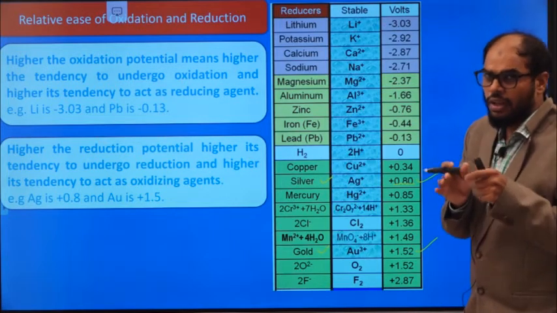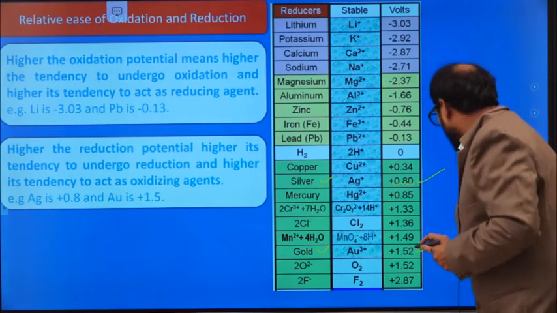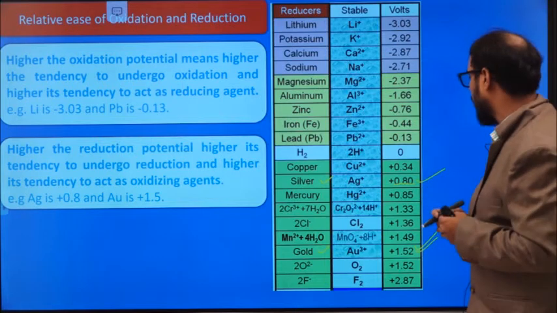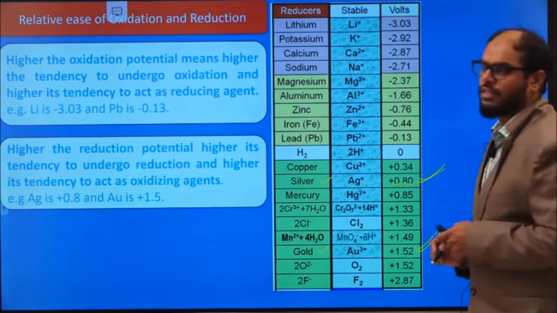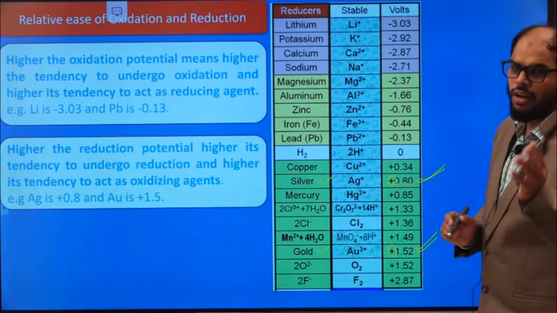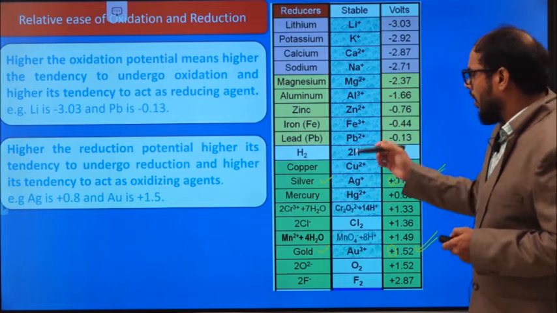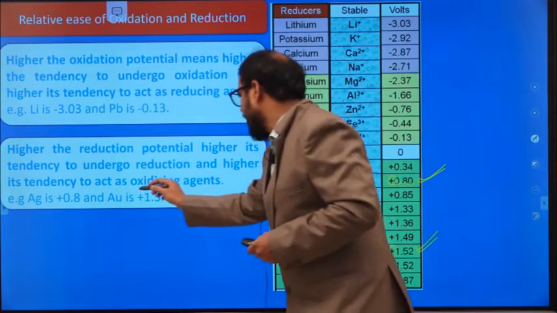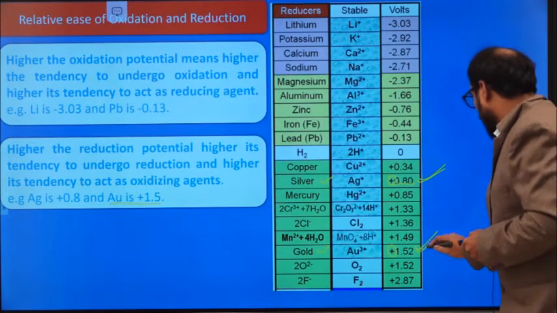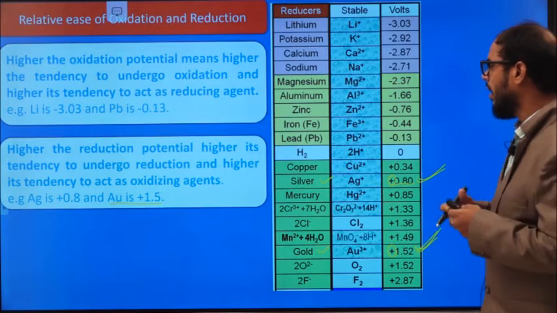Since gold has more tendency to undergo reduction, it will have a more positive value. Silver has less tendency to accept electrons, so it has a lower reduction potential value. Both have the tendency to accept electrons, and that is the reason both have a plus sign. But among silver and gold, it is gold which has a higher tendency to accept electrons. So gold is a strong oxidizing agent, that means it oxidizes others and itself undergoes reduction in comparison to